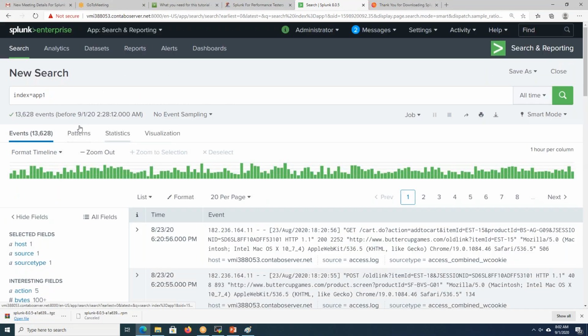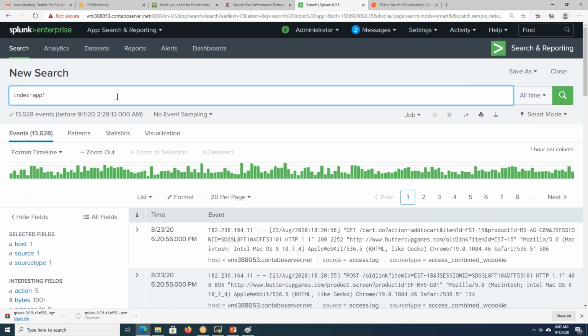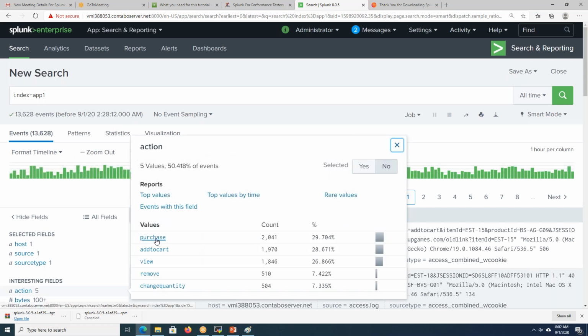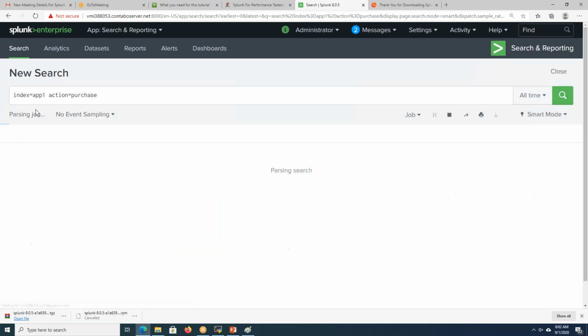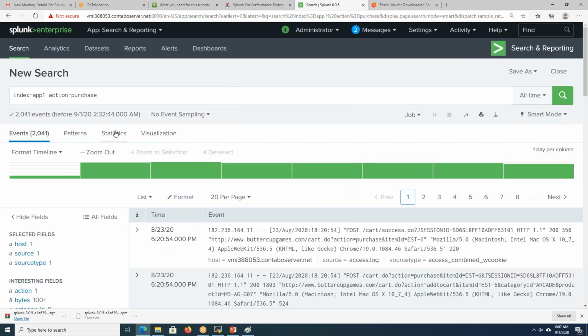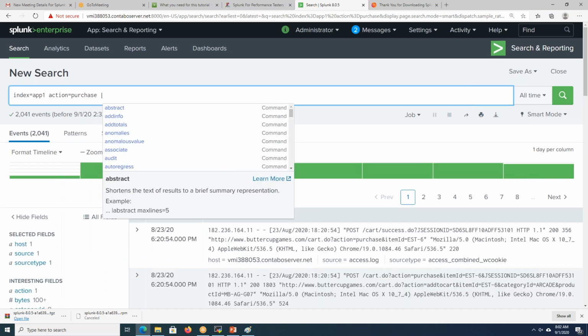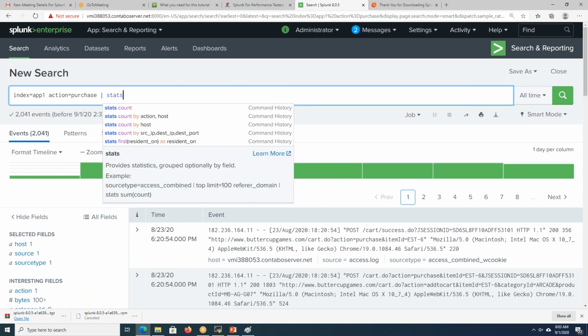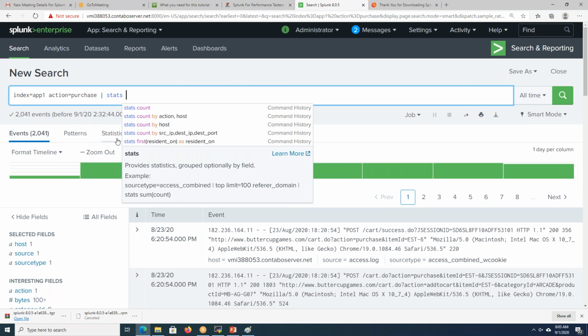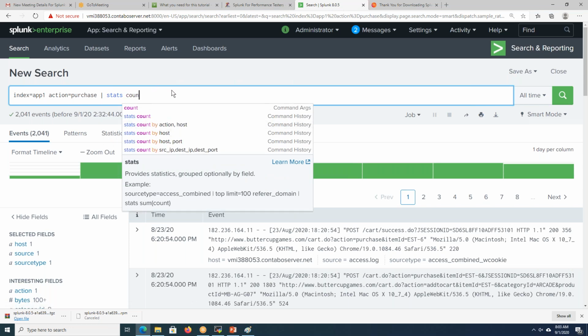Okay, so we'll go with this one. We'll have a 5-10 minute walkthrough on the UI. If I write a query, or I select that I want to select the purchase, then Splunk has added the query. We'll discuss this in future. I just want to show you the stats and those UIs.